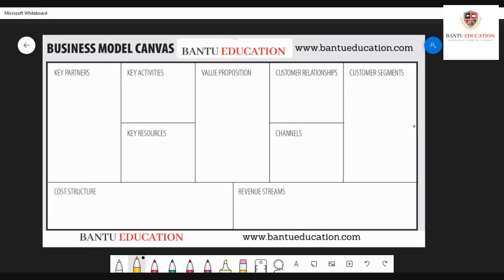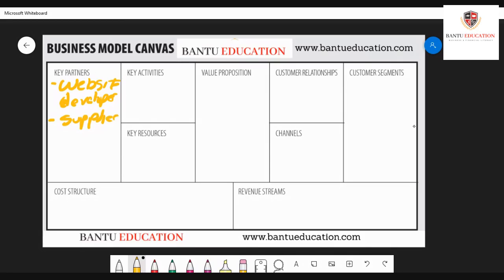So the first thing is your key partners. What are your key partners? Well, key partners are very simple, right? A key partner could be, maybe your website developer is your partner, or maybe you might have some suppliers if you're in the retail business,